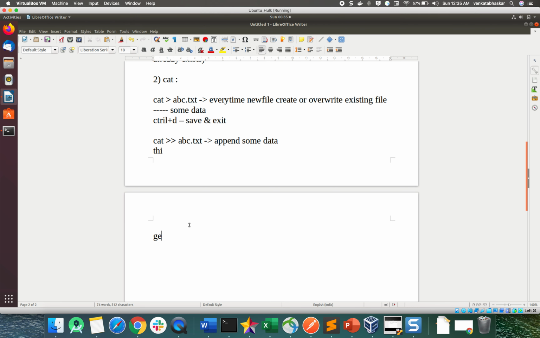Now gedit means how you can create abc.txt. An editor will open and you can write your own data. If you take the vi command, vi abc.txt, immediately a terminal will open. If you want to insert some data, you need to enter I. It indicates insert mode.